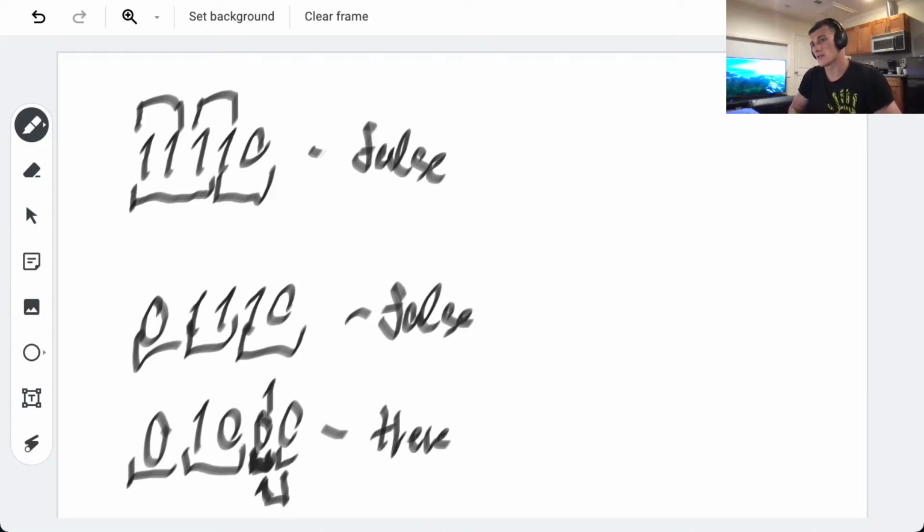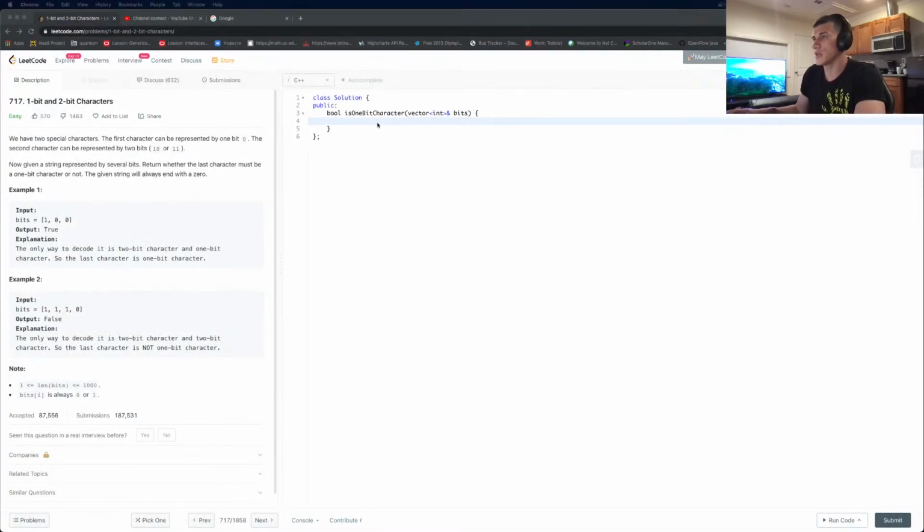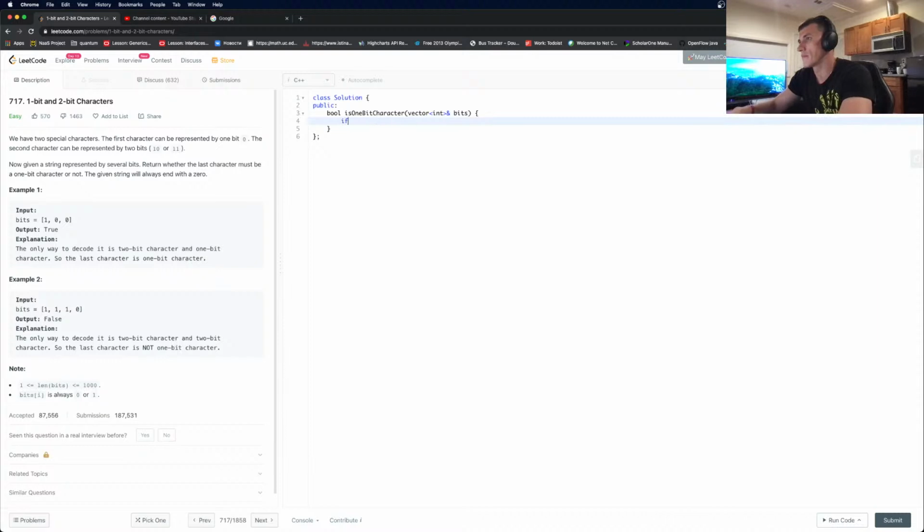So the length starts from 1. If length is 1, then true, right? So we don't even need to consider it. So let's see. So we say if bits size less than 2, right, return true, or if bit size equal to 1, because